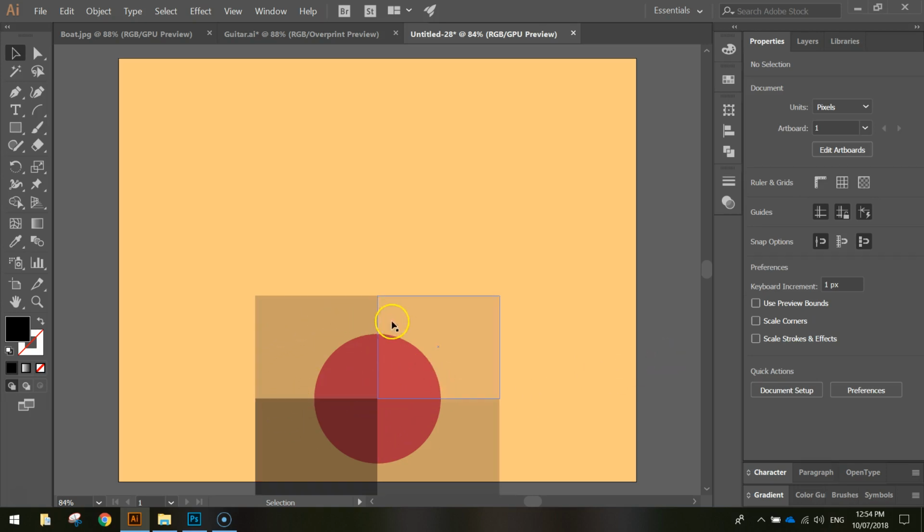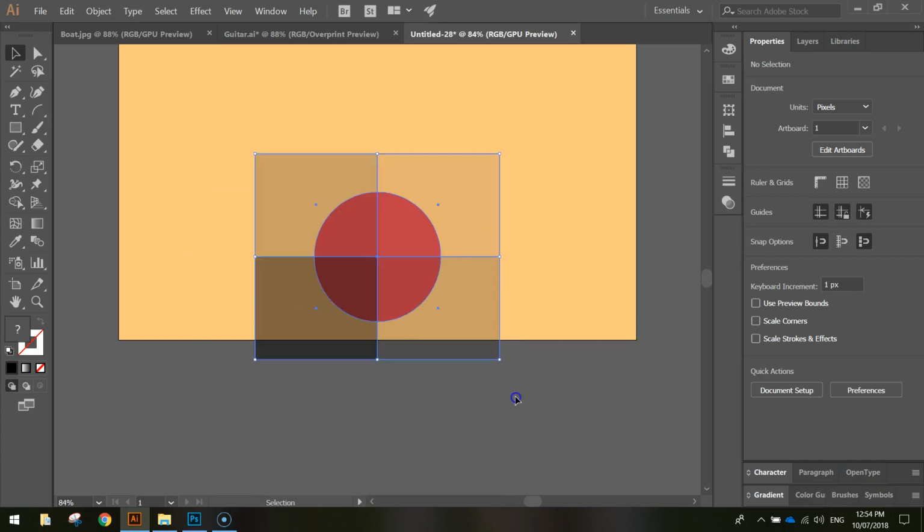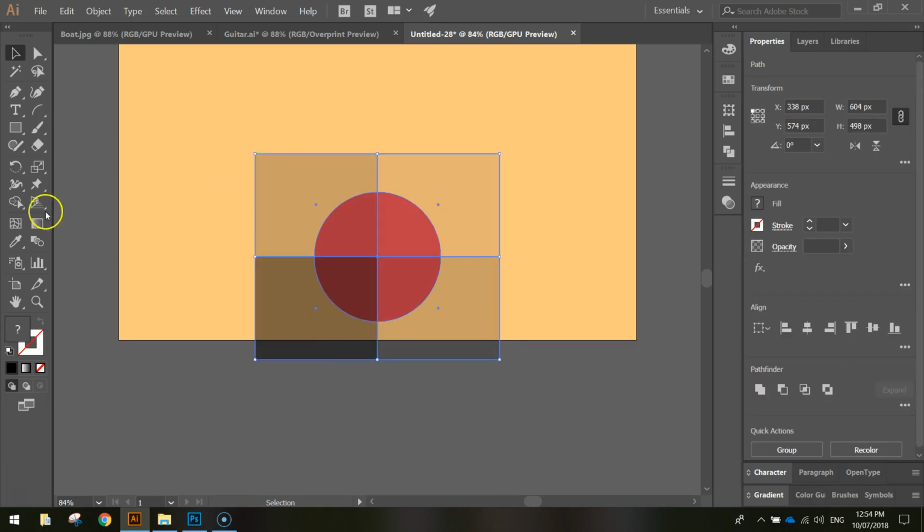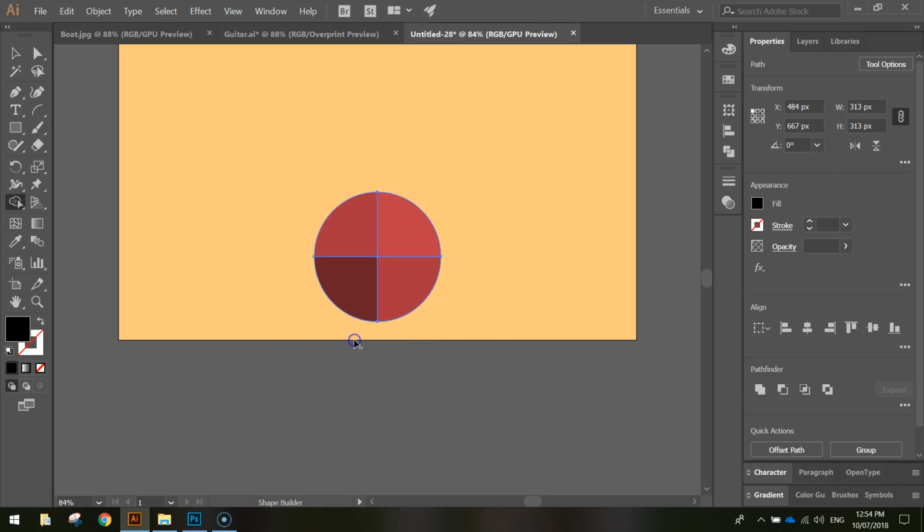What we want to do is get rid of these extra parts of the black rectangle around the outside of the body now. So to do that, you need to highlight everything on your page, so everything's selected, and then go and grab your Shape Builder tool from your toolbox. Hold down the Alt key and you'll see the little plus sign disappear from your mouse cursor and turn to a minus sign. You can just click and drag over those 4 sections outside of the circle and it